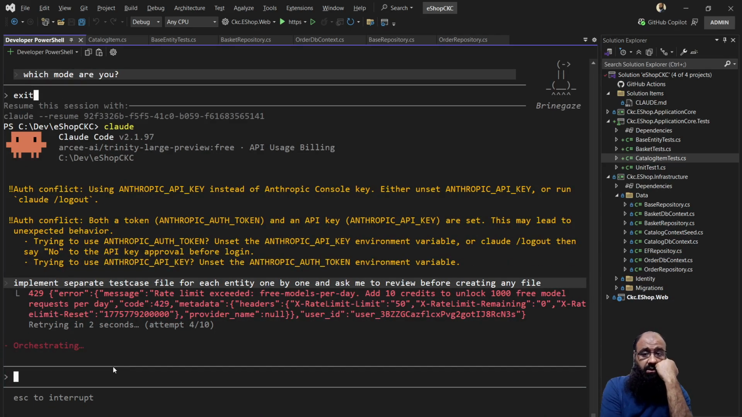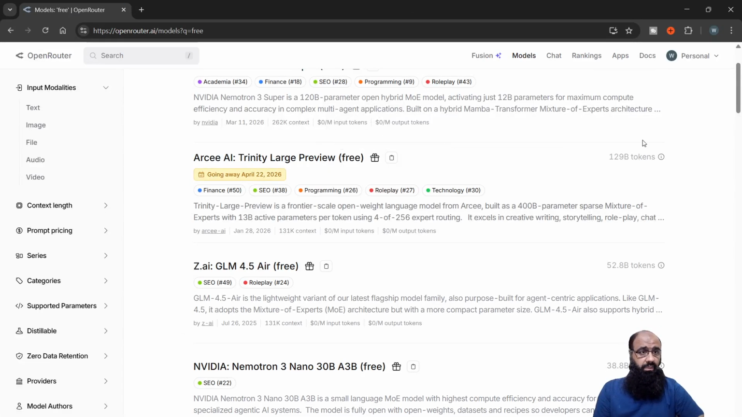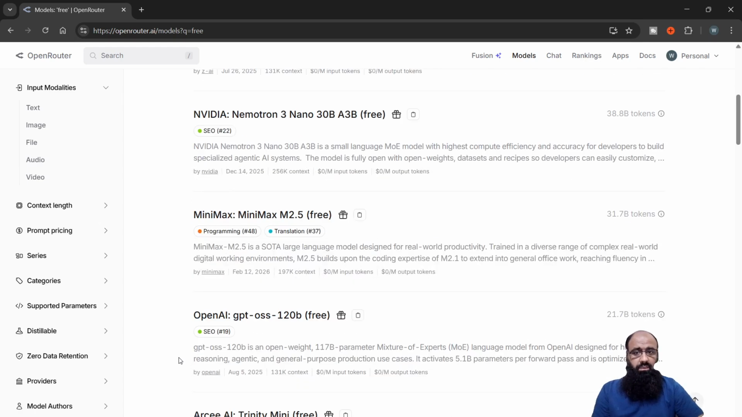Okay, so exceeded free models per day. Rate limit exceeded. Free model request. Seems like OpenAI might be imposing it on me. So I'm trying to get hold of something else if I can. One more thing I can do, I can switch to a new account, which I've been doing for a while. So let me just try one more first, and otherwise,